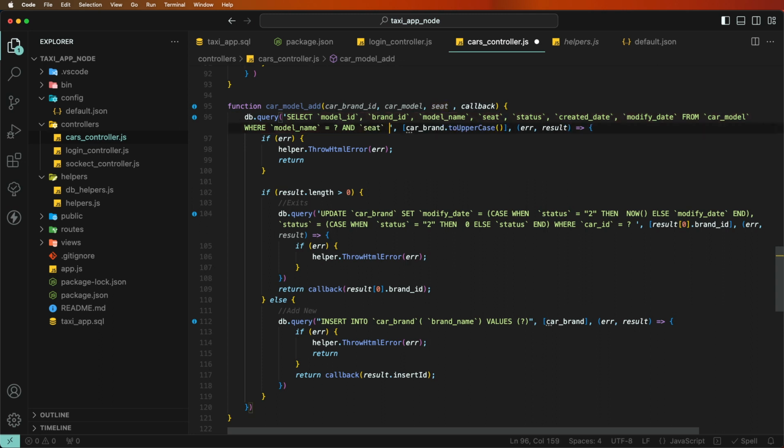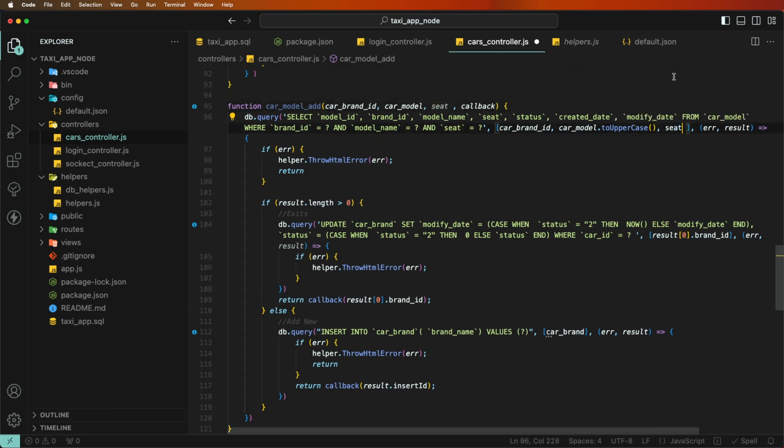Pass this here seat its value, and now also one query we need to set, brand ID, and like this sets. Now we need to pass this brand ID here, car models uppercase, then after need to set here the seat value, need to this here like this returns here